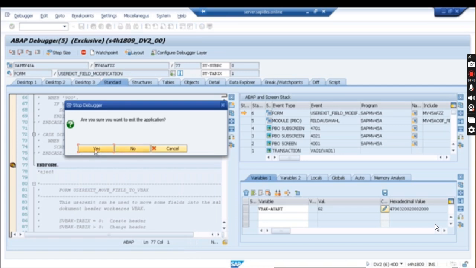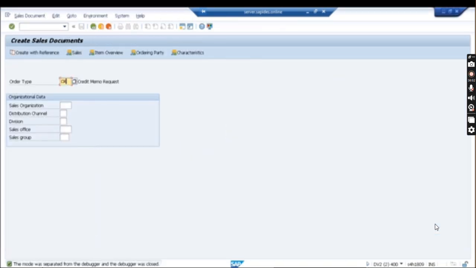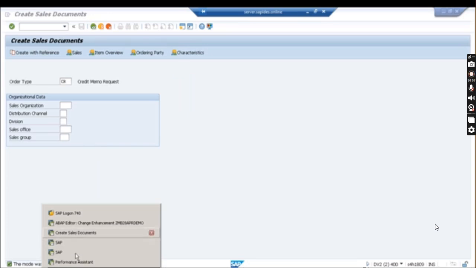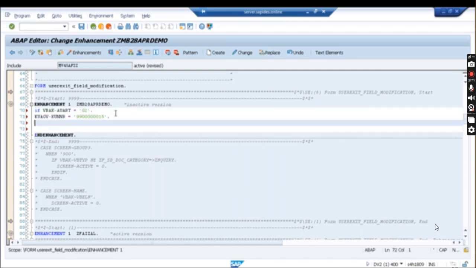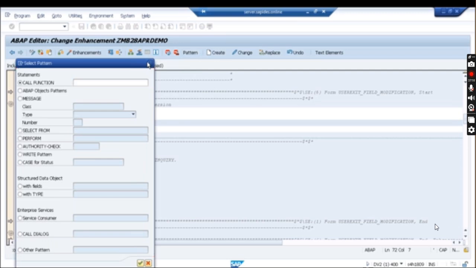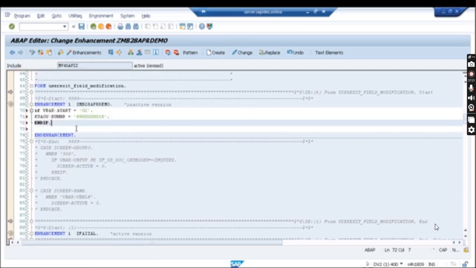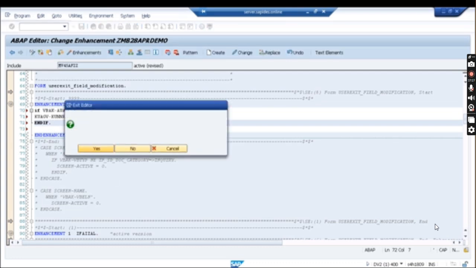Come over here once again and we'll complete the code now. So if this is equal to G2, full stop, and then end if. So similarly, the big requirement also you can achieve. This is the concept which we have over here. Now go into the change mode, display mode, click on the save button